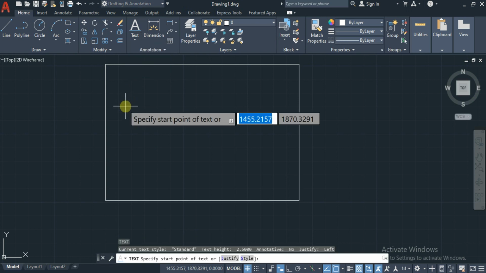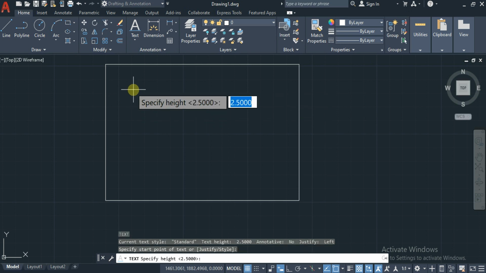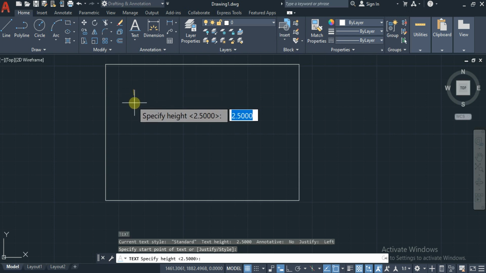dt, the single line text, can also be called dynamic text. You can simply give the text or dt command, and after giving the command it will ask you to specify the start point of the text. Wherever you want to type the text, you specify the start point, and then we go for the height. You can specify the height as 3 or 5 for this example. I'm going to take 5.